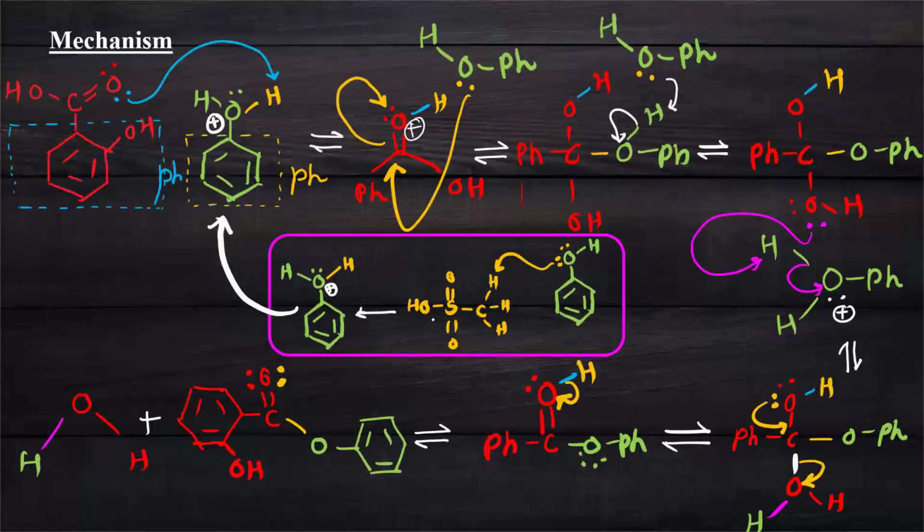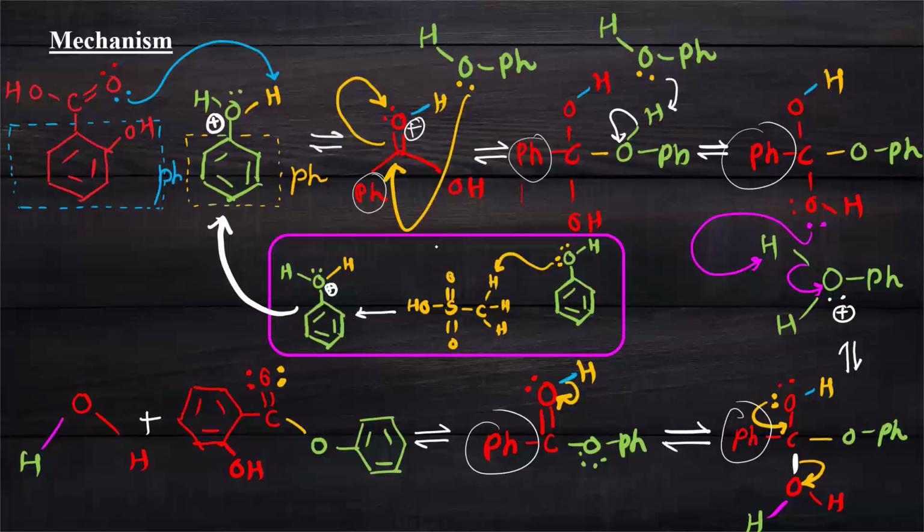What is the mechanism? In the mechanism section, we consider phenol, PhOH, in blue. First, methane sulfonic acid reacts with phenol. The lone pair of phenol attacks the hydrogen of methane sulfonic acid and we get the protonated form. This is the protonated form of phenol. That protonated form is used in the reaction, and the lone pair of the carbonyl oxygen attacks the hydrogen. When it attacks the hydrogen, intermediate 1 is formed. Because of the positive charge, the bond pair shifts to the lone pair, the carbon atom becomes electron deficient, and then again the phenol lone pair attacks the carbon atom.